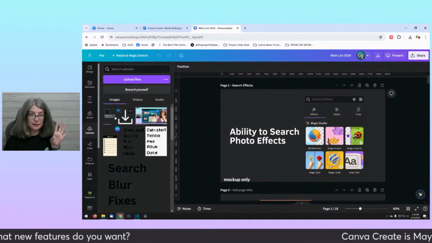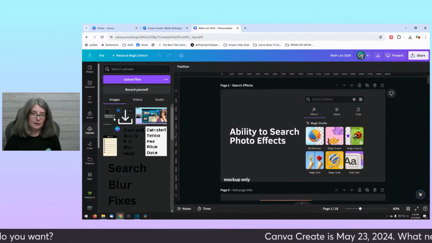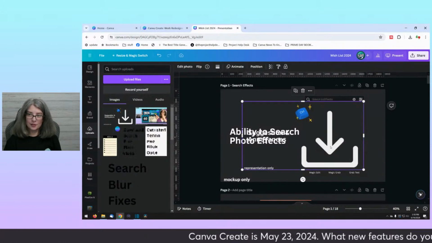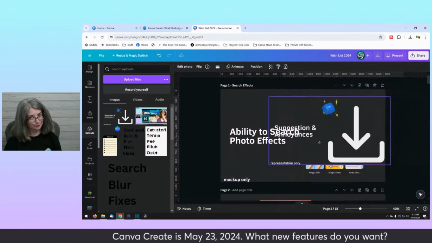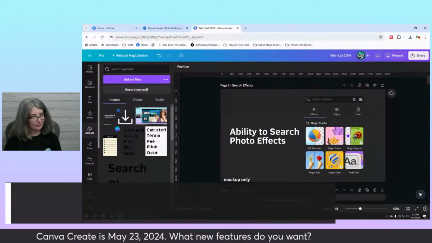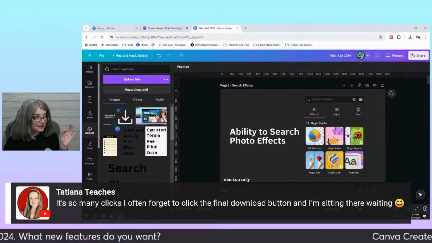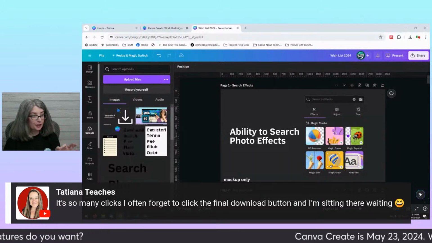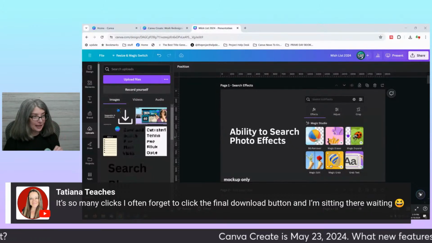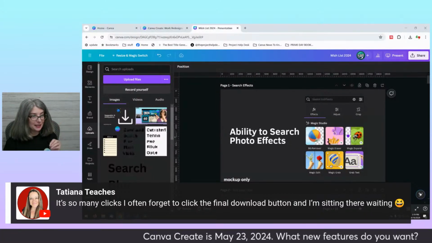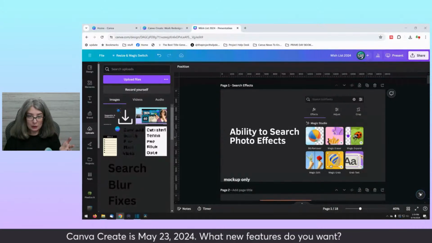There's 12 clicks. There it is. There's the image. It's so many clicks, I often forget to click the final download button and I'm sitting there waiting, right?